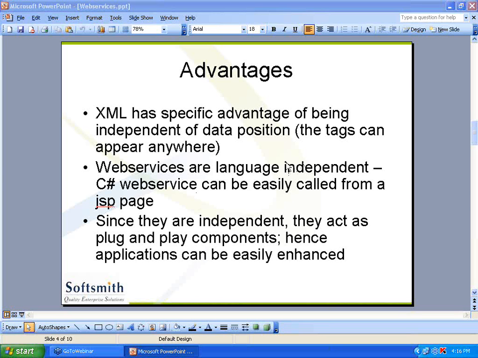Another major important thing is web services are language independent. So calling one from the other is very easy. You can write a C# web service, and you can integrate it with any other JSP page or anywhere. So interconnecting systems, this is typically integrating multiple systems. It becomes easy. By nature, web services,